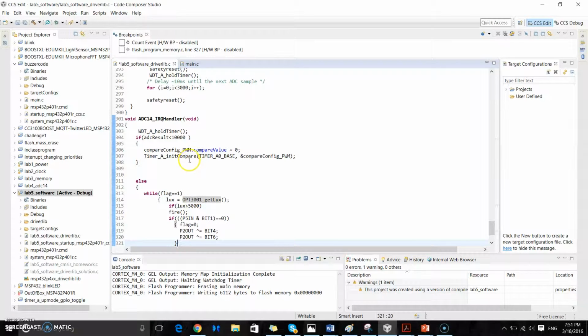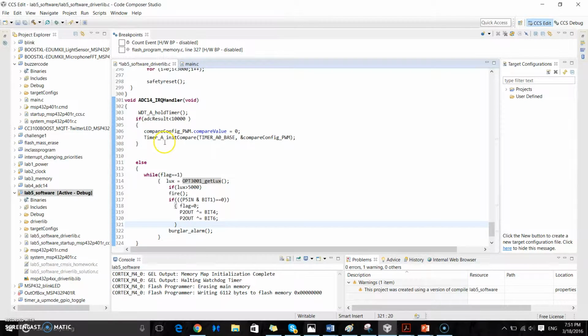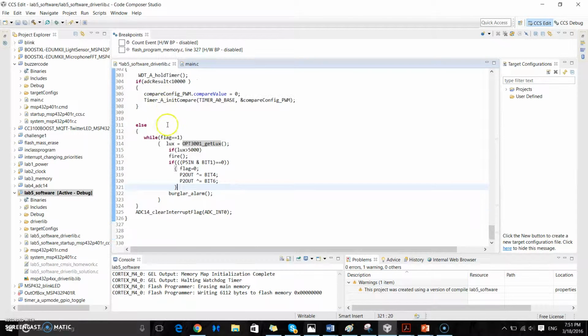Let me walk you through the biggest challenge that I faced in this project, that is the function body for an ADC interrupt handler. The ADC interrupt handler's duty is to check if the ADC result is lesser than the threshold value or greater than the threshold value. If it is lesser, then don't do anything. But if it is greater, and if the burglar alarm is activated, that is indicated by the flag being set equal to 1,